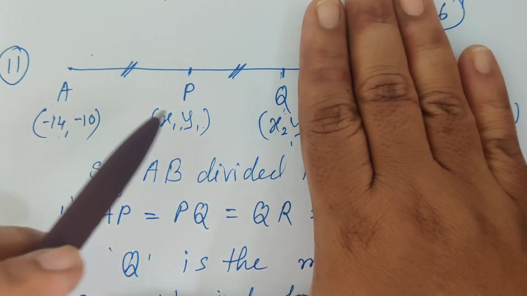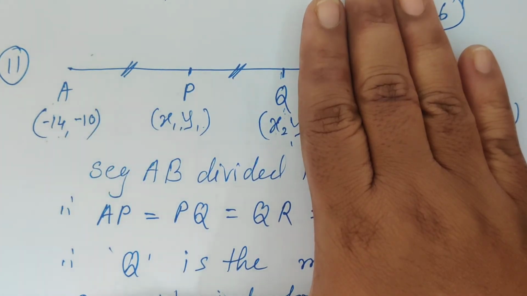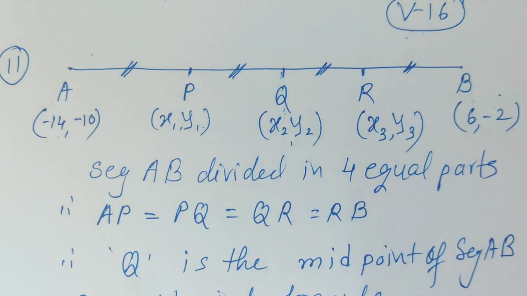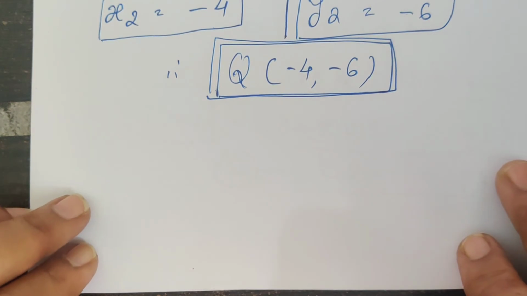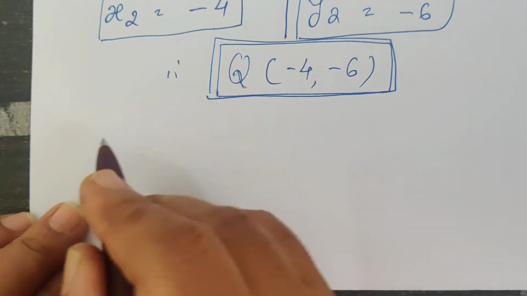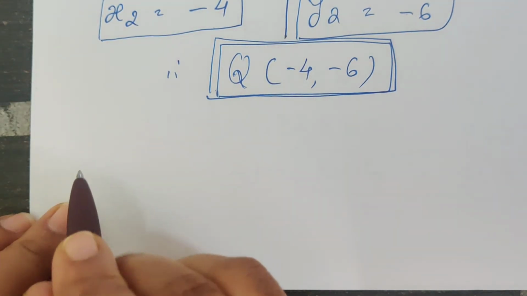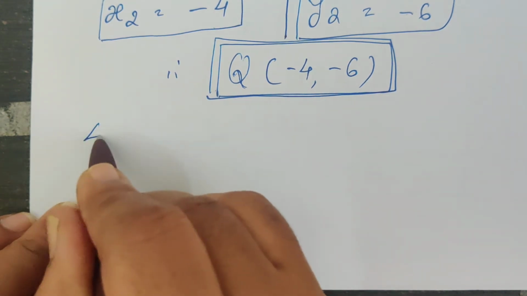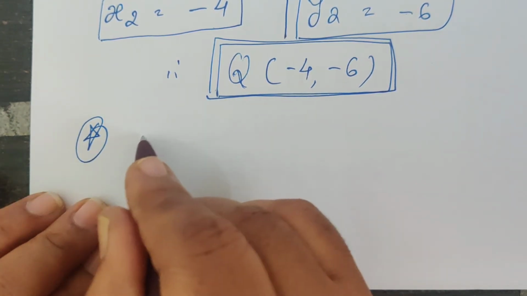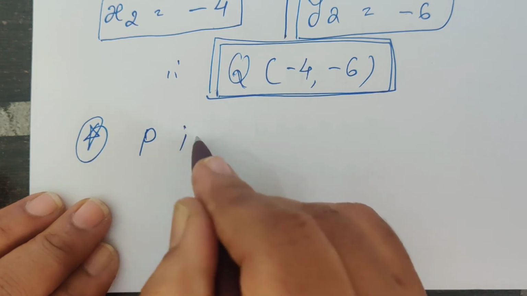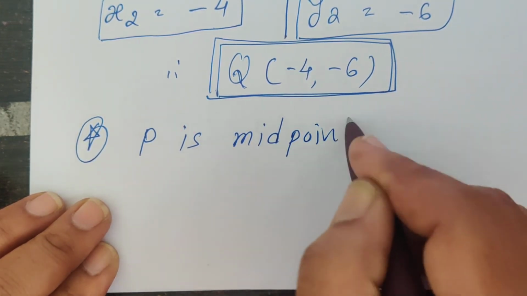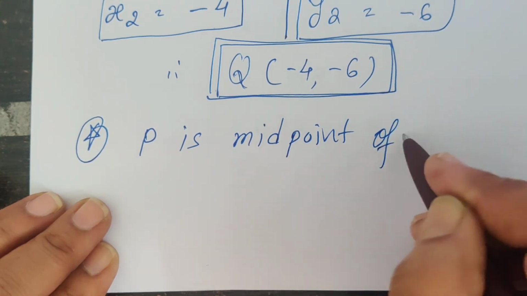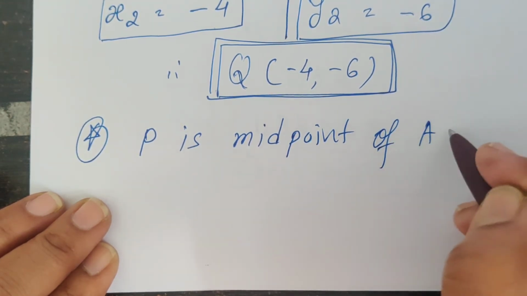A's are there. We can find out P's by using the midpoint formula. This is the first part of the example. Now the second part of the example, so I will put a star. P is the midpoint of AQ,